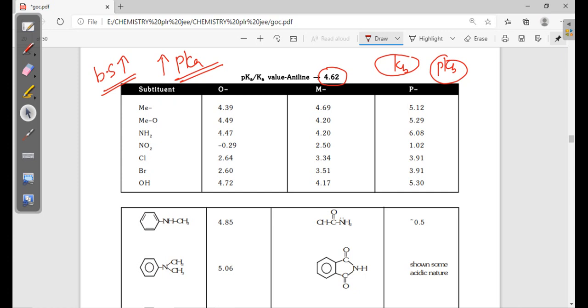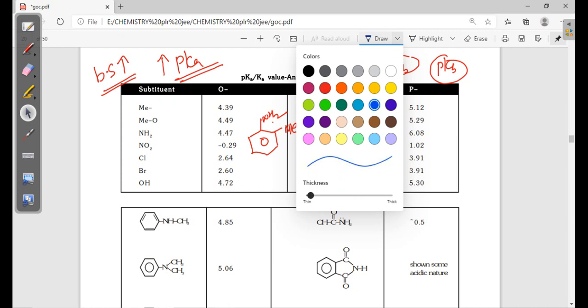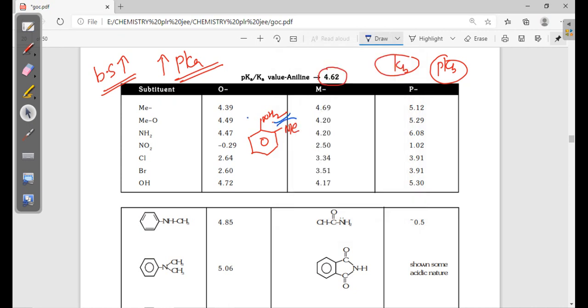Now, first of all aniline. The aniline structure is this one, benzene NH2. In this also there is ortho methyl, right. In this also the ortho effect is there. Ortho effect means due to the repulsions, there is no proper resonance. This ortho effect is also known as SIR, steric inhibition in resonance. Steric inhibition in resonance, right? I will explain this SIR effect in the next videos. Now see what we are talking about.